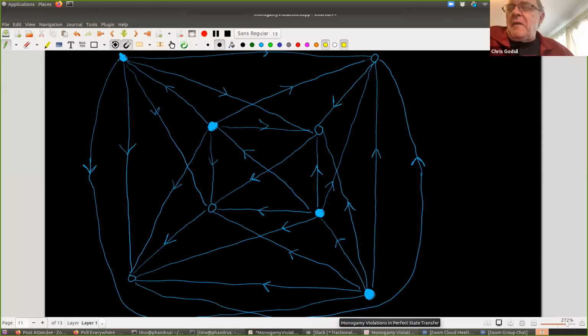If you're dealing with oriented graphs, then the right automorphisms are not permutation matrices, they're monomial matrices, so signed permutation matrices. Right. And in the examples where we get this state transfer, especially in universal state transfer, the U of t at the critical time is a signed permutation matrix, and to be universal it has to be a signed cycle. So if you insist on universal state transfer, then at time t, U of t will be a signed cycle, and this is presumably why they tend to be circulants. Okay.